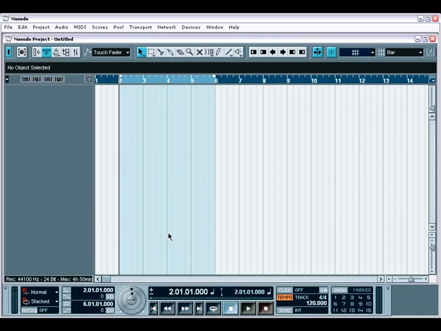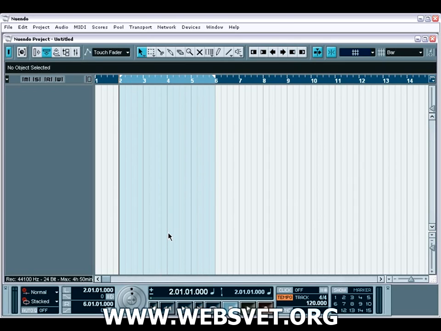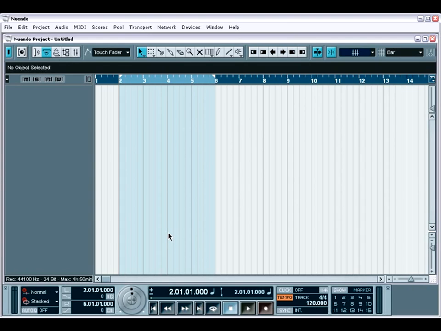In this movie tutorial, we are going to discuss one of the most important features you'll find within Nuendo. It is called the pool. The pool is considered a central holding area for all audio and video material that you will be using throughout a specific project. Think of the pool as the filing cabinet for your office, which contains the core information vital